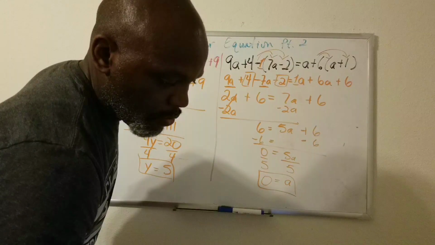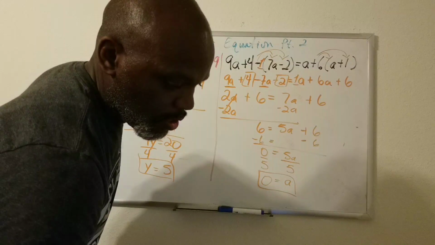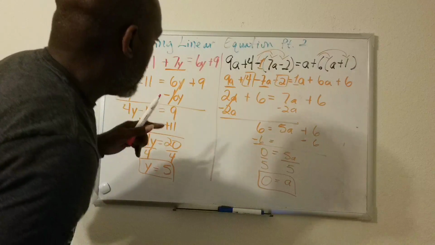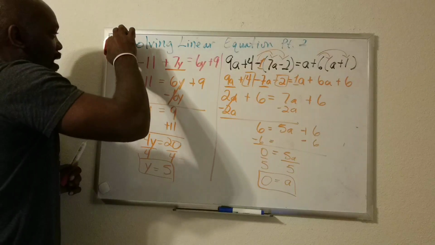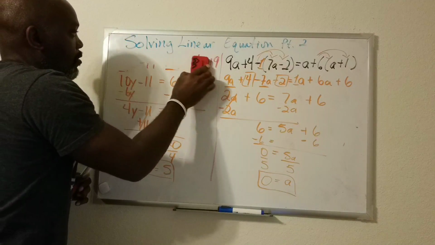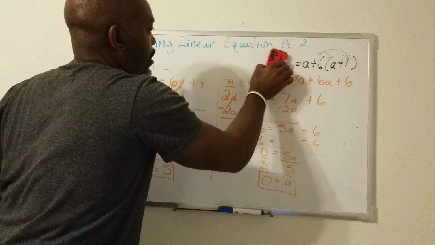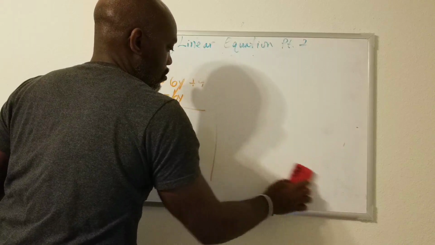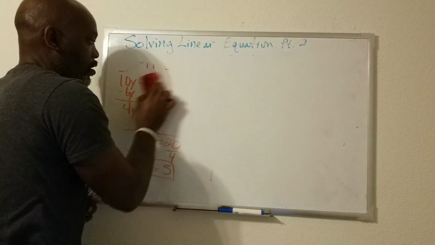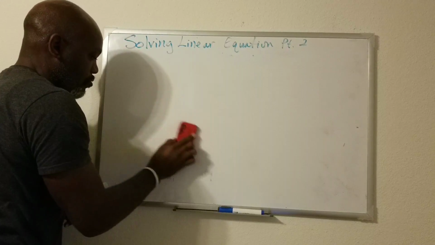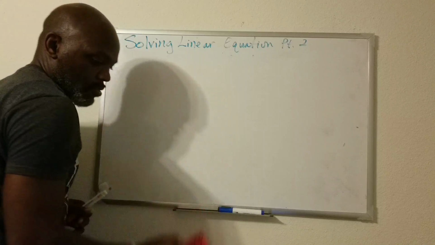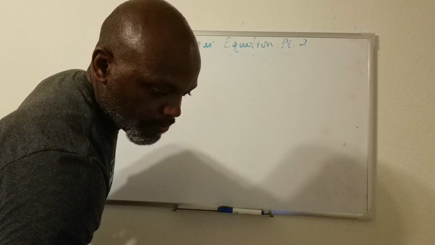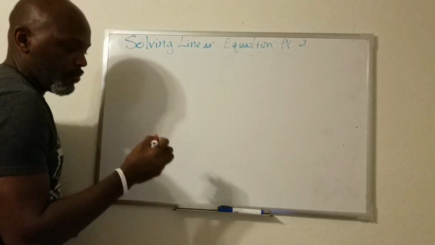All right, so moving on to continuing solving linear equations part 2. Now, on the last video, we talked about how to eliminate or cancel out the fractions, okay? So in this part of the video, we're going to talk about how to cancel out or eliminate decimals from an equation. So for example,